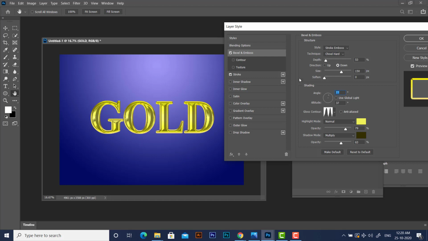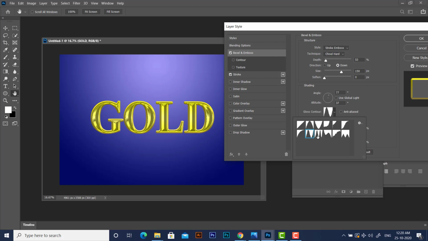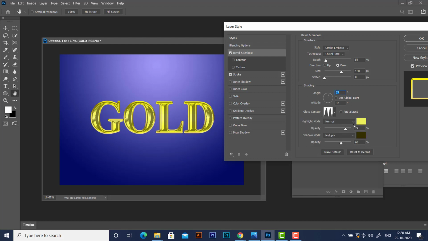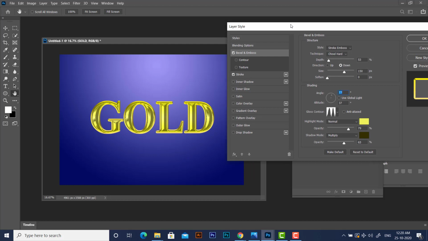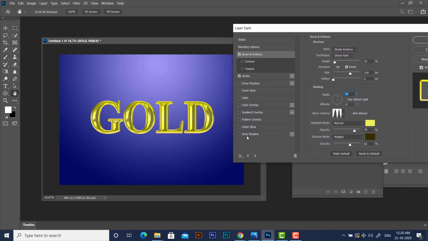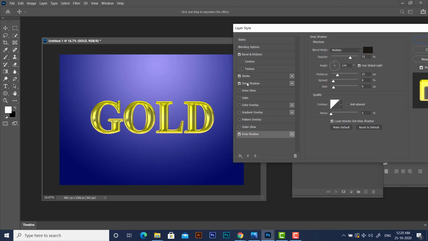And the next thing is, you can also try to experiment with the gloss contour options over here. But for me, I think this one, ring double, is better. Just to make it more interesting, you can apply a drop shadow and an inner shadow also.